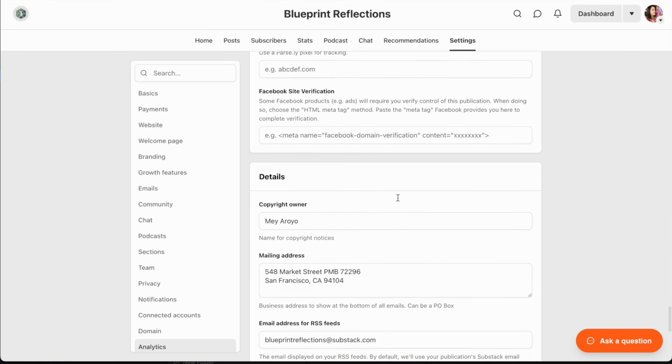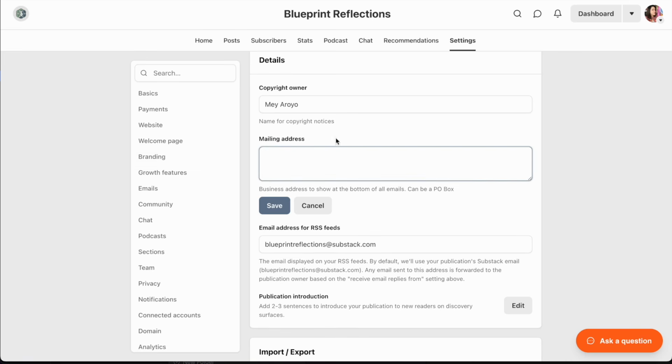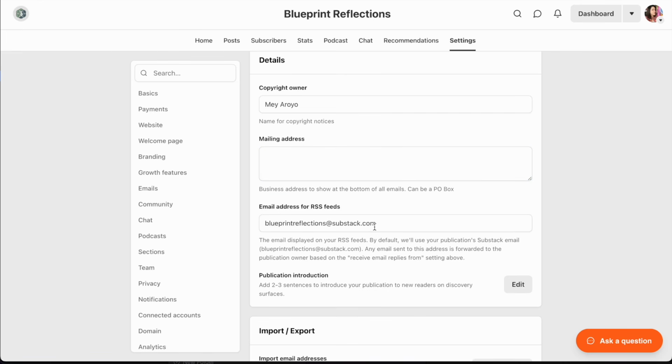All this information is here. Details. The mailing address is shown, I think, as the automatic one. I don't really want to show my mailing address. Nope. And an email address for RSS feed is